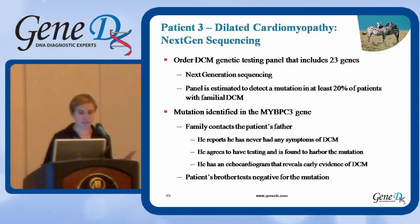So she contacts her father. He's never had any symptoms of DCM, but he agrees to have testing and is found to have the mutation. And he has an echocardiogram that reveals evidence of DCM. So you now have information that's important for his medical management. You also can use this to test other at-risk family members, including her brother, who to everyone's relief was negative, so you don't have to be concerned about her nephew as well. So you've given this family some important information for medical management and been able to alleviate some of their concerns